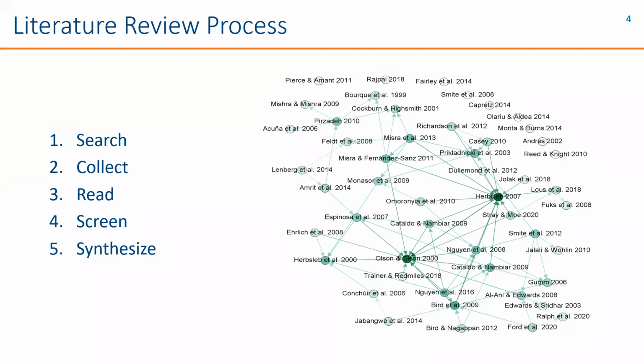The graph on the right is a citation graph, and it shows the major literature that made it into my final paper. Each arrow points in the direction of a paper being cited. So this isn't really necessary, but it's a cool graph, and I kind of wanted to show off.